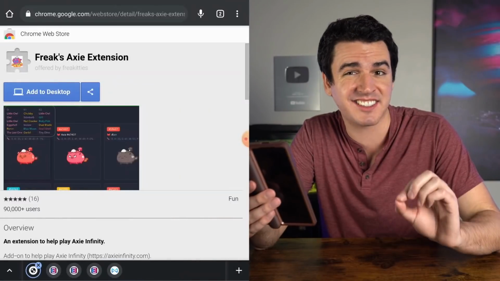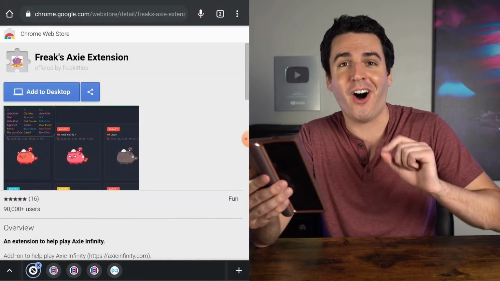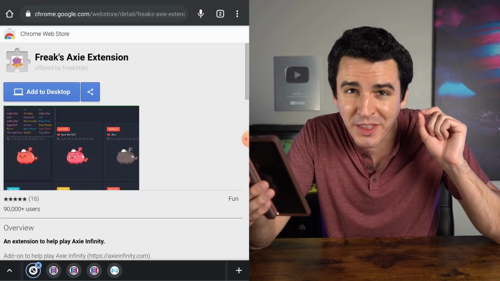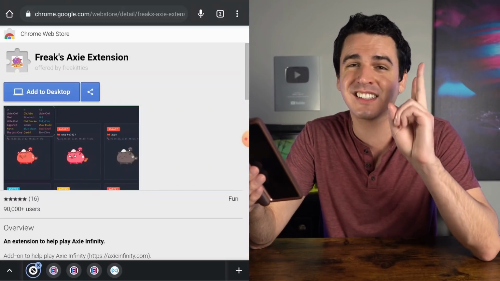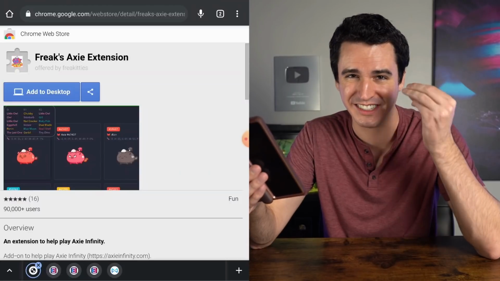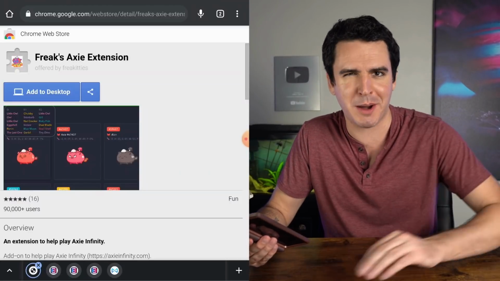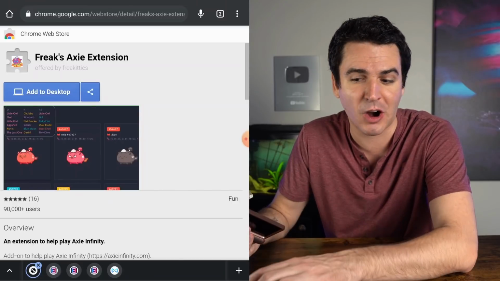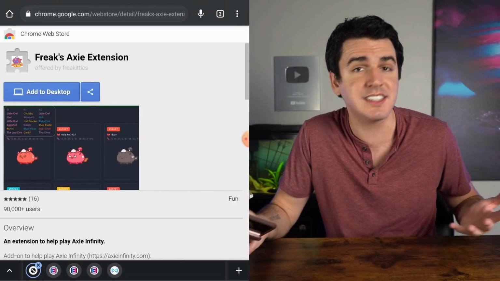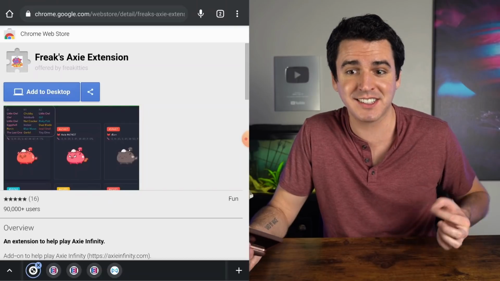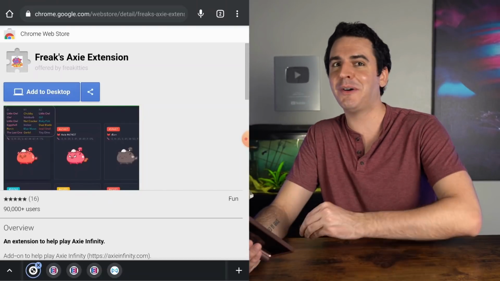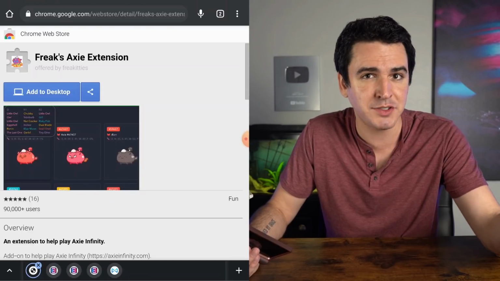as well. So this extension is called Freaks Axie Extension, and when you install it onto your Chrome, it will show you both an Axie's genes and an Axie's recessive and double recessive genes. So it gives you way more information about what an Axie's genes actually are and all of the potential possibilities of an Axie's offspring, because a double recessive gene can show itself as a dominant gene in an offspring. Even though it's unlikely, it's possible. So this is a really cool tool that I wish I had when I was first breeding in Axie Infinity,